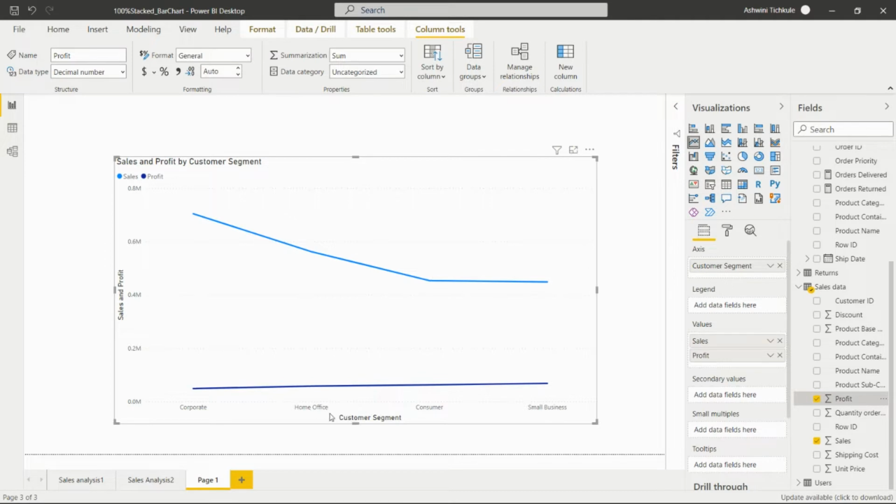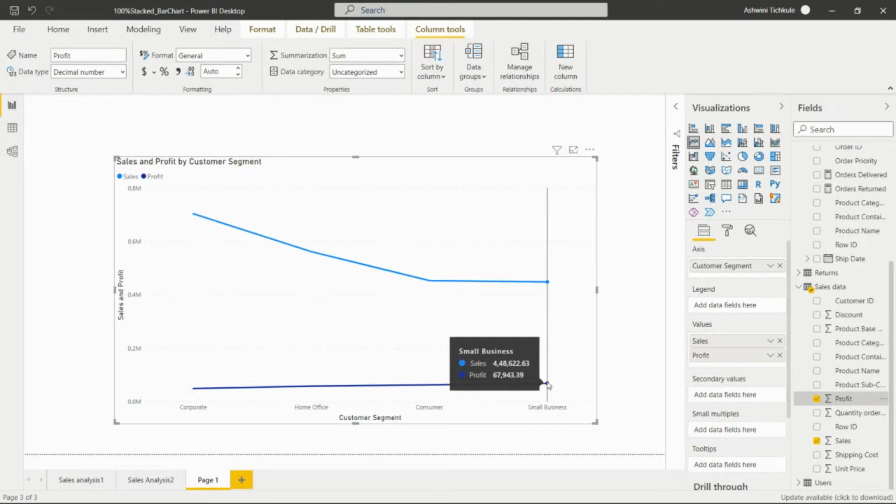And according to this customer segment, the profit for corporate is this, and the sales is this. Okay, so from this particular visual we can analyze that for customer segment corporate, there are more sales and fewer profits than home office, consumer, and small business.